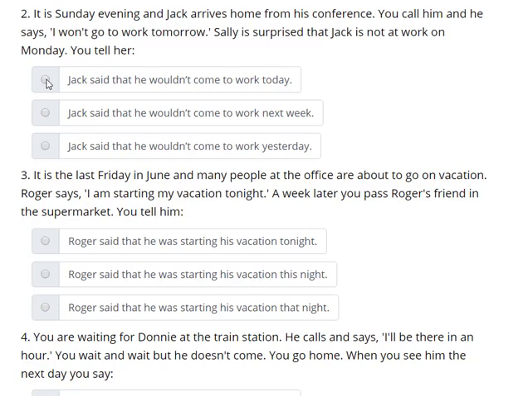So it's actually today, because it's Monday. Because Sunday evening, the next day is Monday. And Jack said, "I won't come to work tomorrow," and the day he told you that was Sunday. He's telling you that tomorrow, which is the next day, he's not going to be at work. So tomorrow is now today because the time has changed. It's now the present tense. Right now it's future.